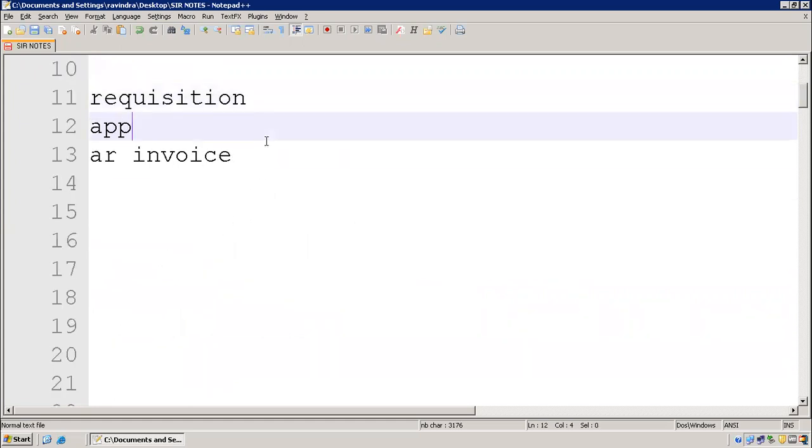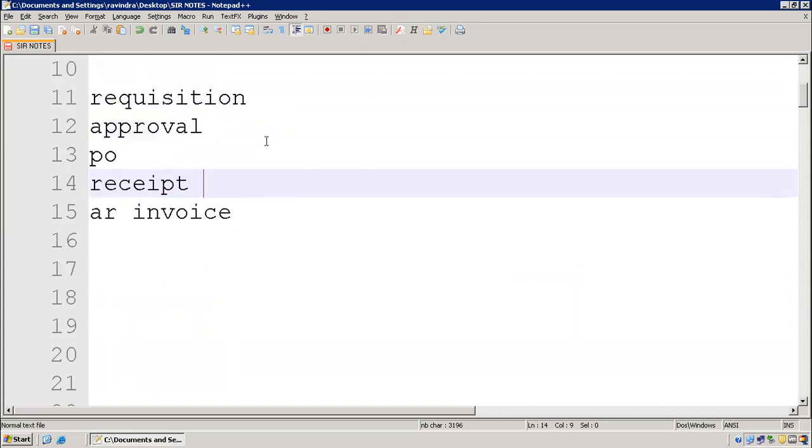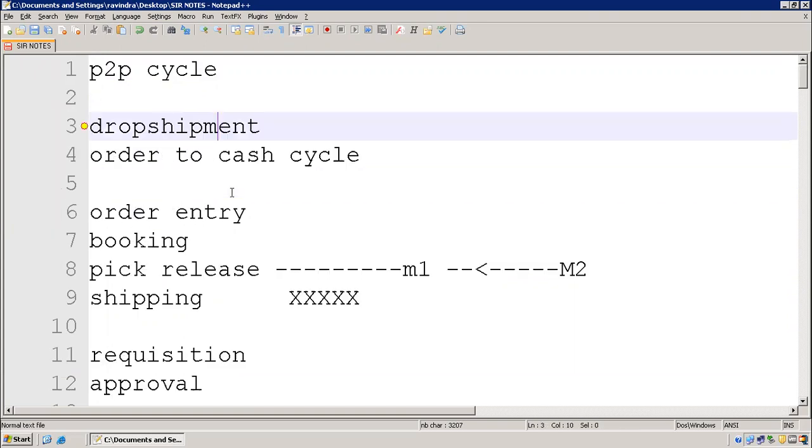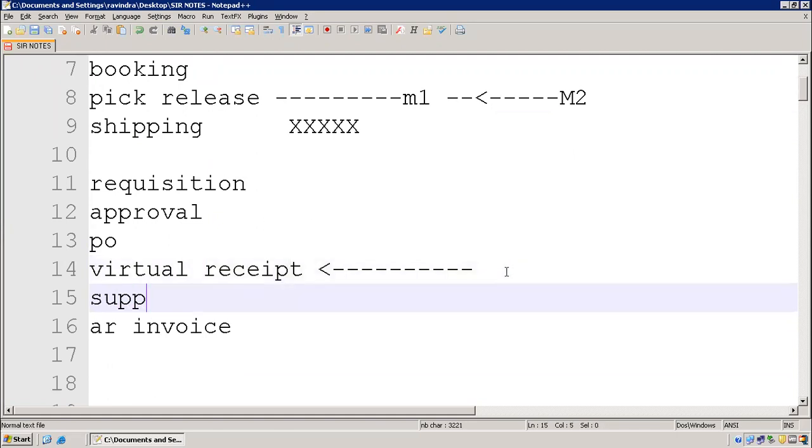Now approval, purchase order, receipt here. Yes, here we will not receive the goods also. This is called a virtual receipt. Virtual receipt means physically we will not receive the goods, but we are selling goods to the customer.